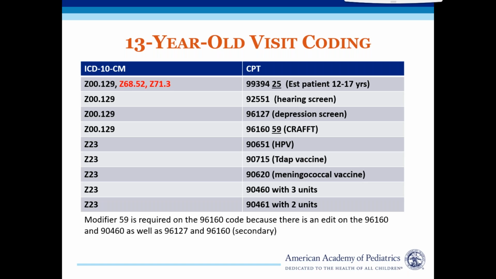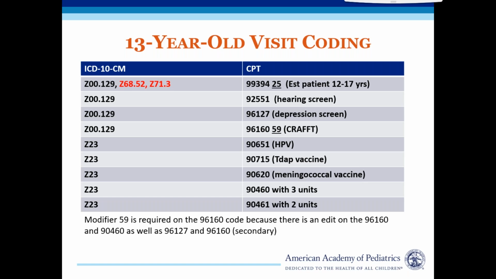So again, we're going to look at this and see that they've been behind on vaccines. There's counseling that was done, that's with the Z68 and Z71 as part of our quality measures. We have 99394 for their well check, their 92551, the 96127, the 96160 with the 59 modifier, because again, the edit. And then you have your list of your HPV, your Tdap, meningococcal, and all of your vaccines